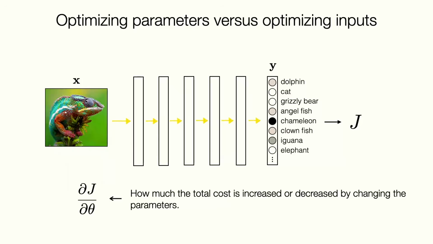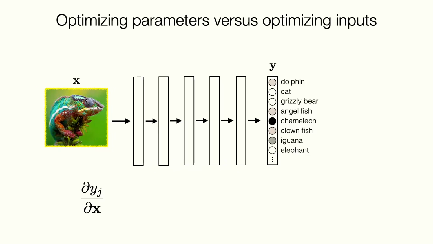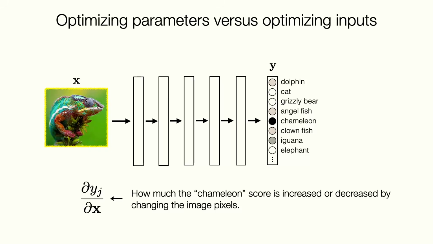Cool, so let's talk a little bit about optimizing parameters versus optimizing inputs. This is the standard approach, right? This is looking at how much the total loss is increased or decreased by changing the parameters, all the different parameters throughout the network. This is what we commonly think of. But you can also think about optimizing the input for a fixed set of parameters. So here, this could be something like how much the chameleon score is increased or decreased by changing the input